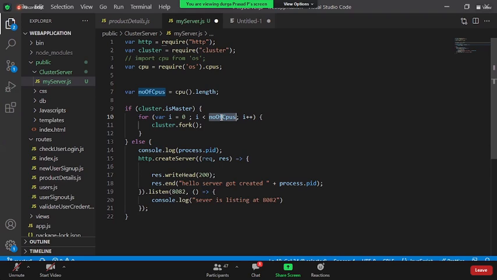So how do you create a virtual copy? There is a predefined module called cluster. Under that, there is a predefined method called the .fork method, which is used to take a copy of the current existing system. Whatever the existing processor you have, it is going to take a copy out of it. .fork is the master method, the main method used to take a copy of the existing one.